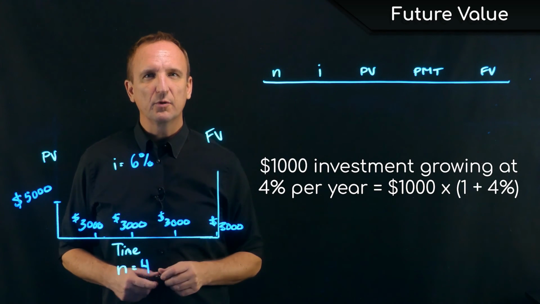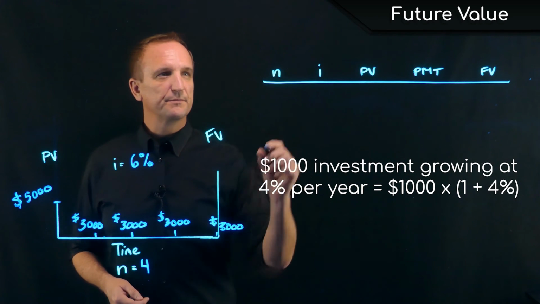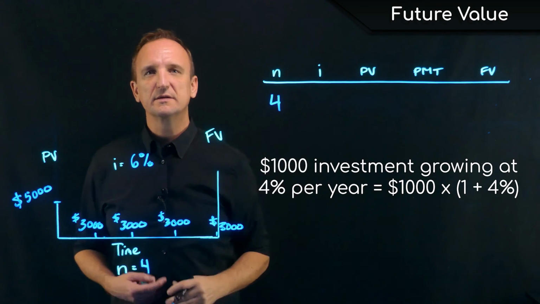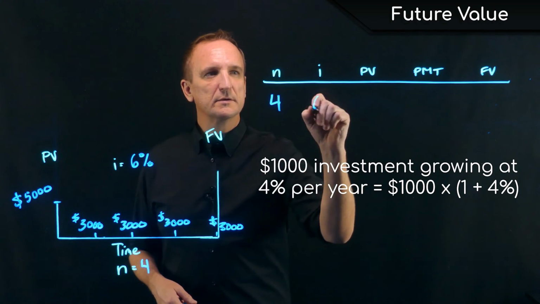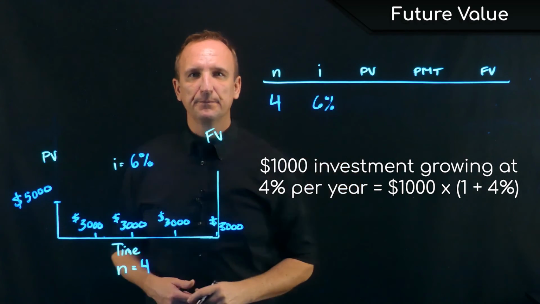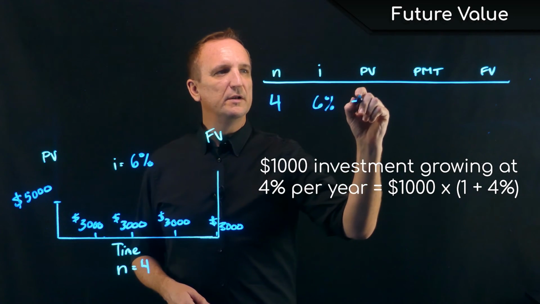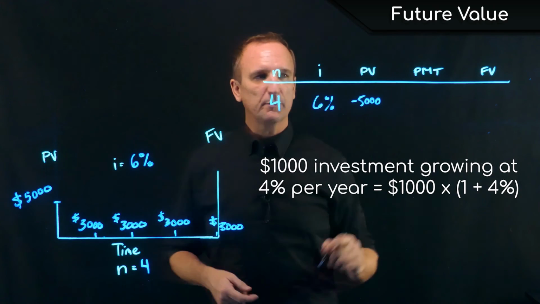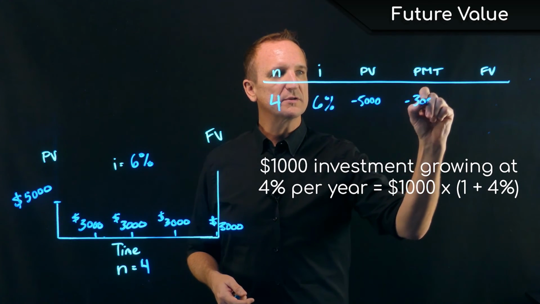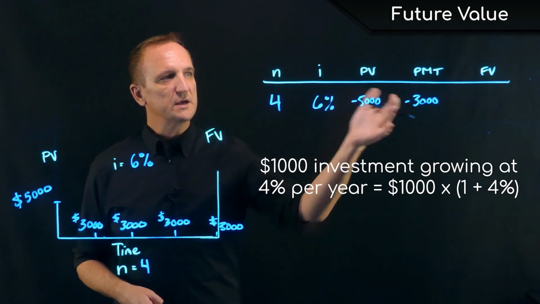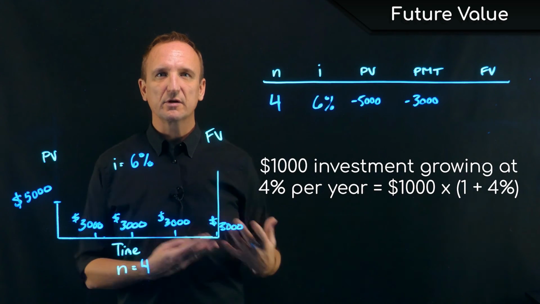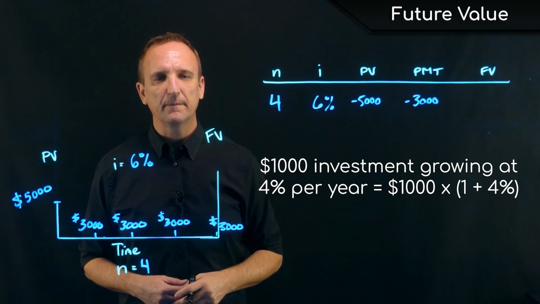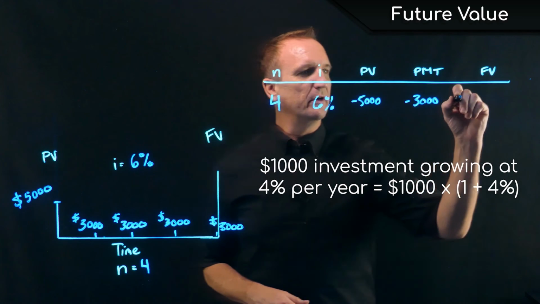Well, if we plug it into our calculator, it would look like this. N is 4 periods. 6 is our interest rate. We have an initial deposit of $5,000. We have periodic payments of $3,000. Remember, the signs on those are negative because they're cash outlays, cash out of pocket. We would end up with a future value of